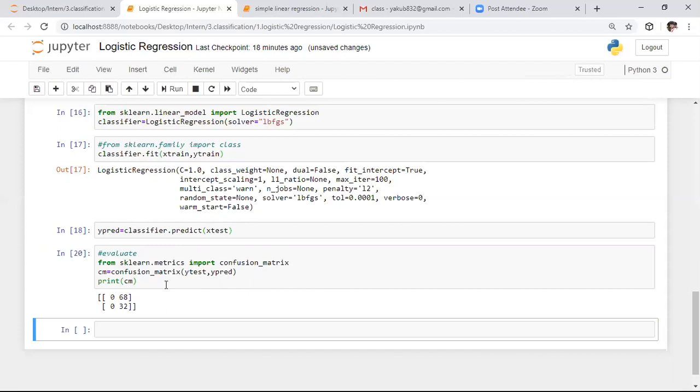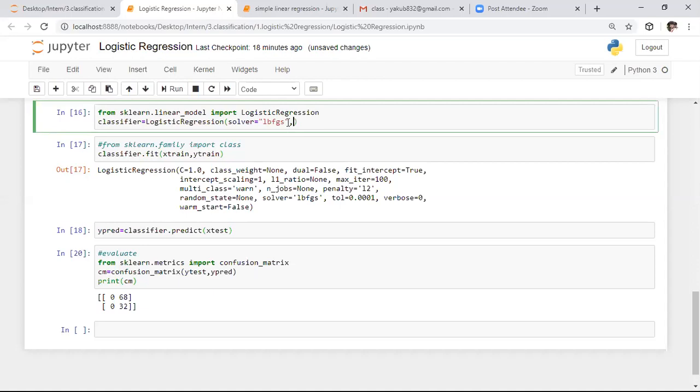And I'm running this portion. If we run this portion, we got a confusion matrix like this. So here 68 and 32, sorry, 32. In this algorithm, if you observe, we did not specify the random state. Here I want to specify the random state attribute, because if you specify the random state, it will impact a lot.